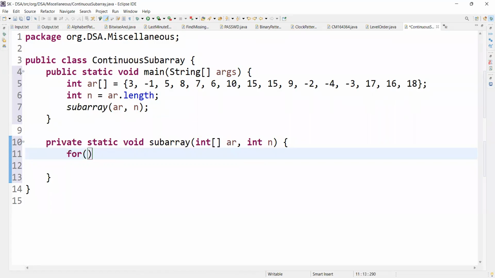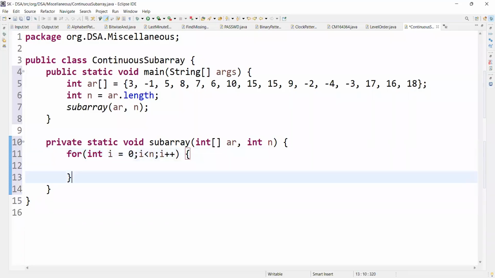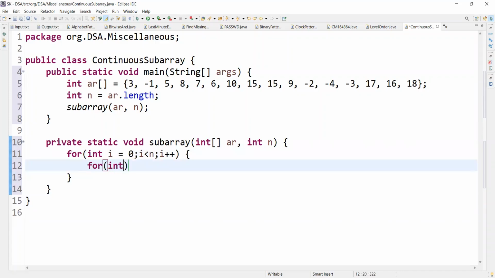So I'll have an outer loop running for the numbers in the array from the first number till the last number. And my inner loop should continue from